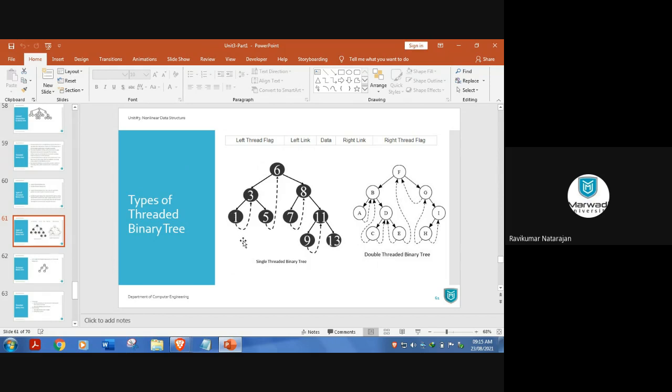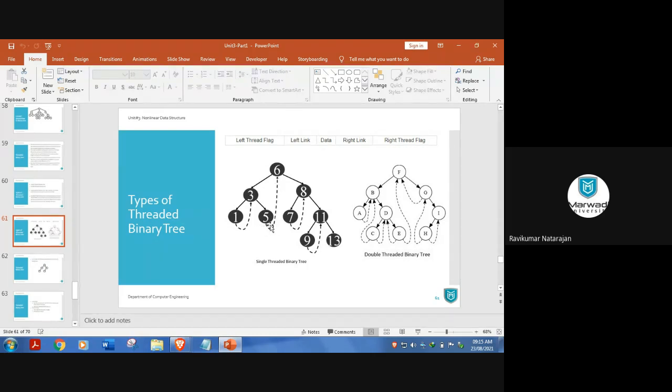So you just want to check what comes after 1, from the sequence. From the sequence, you can see that after 1 there will be 3. So you need to connect this 1 to 3. Similar to that, 5 to 6, which means we are focusing only on the right side.